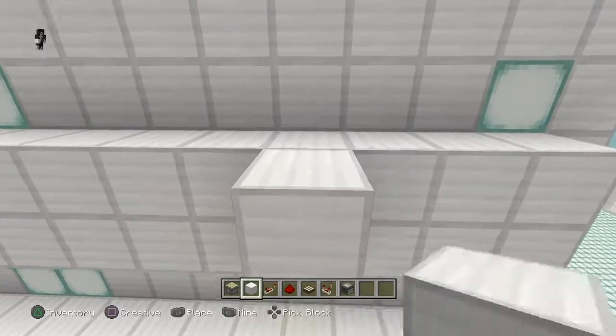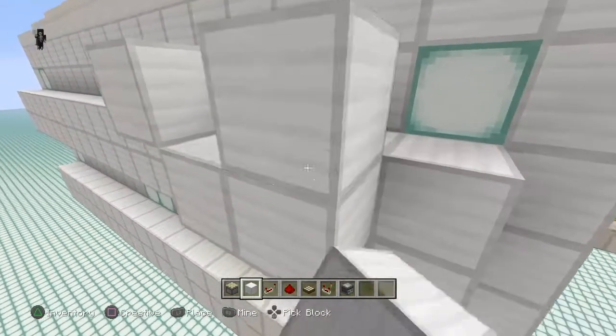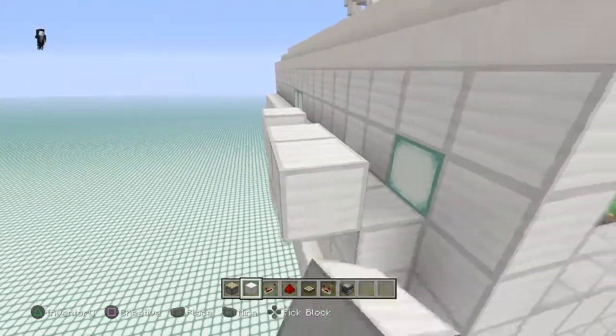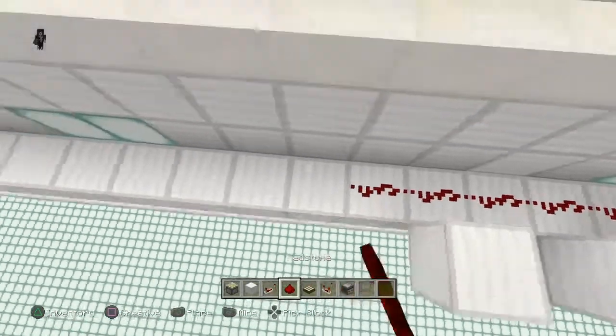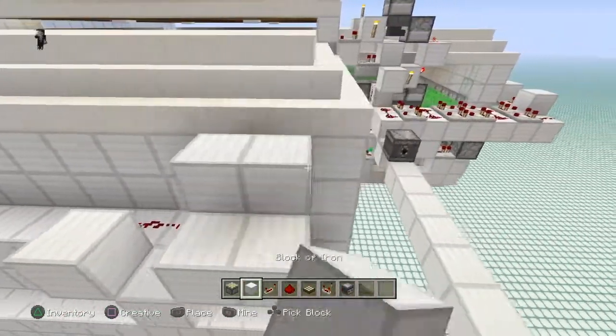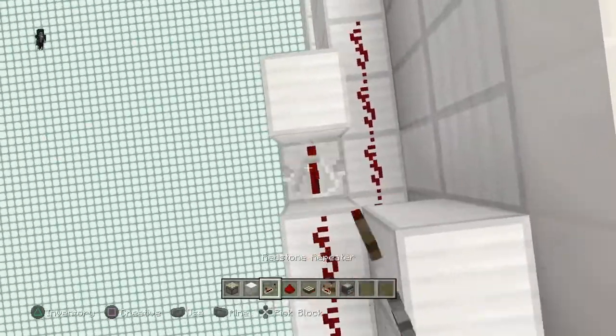Let's see here. We need to come up to this block right there. So we need to have a couple blocks come over here just like this, and we're going to run that around just like that. And remember, we're going to have our redstone dust right here. So what we need to do is go ahead and place some blocks right there with some redstone dust on top of that one,